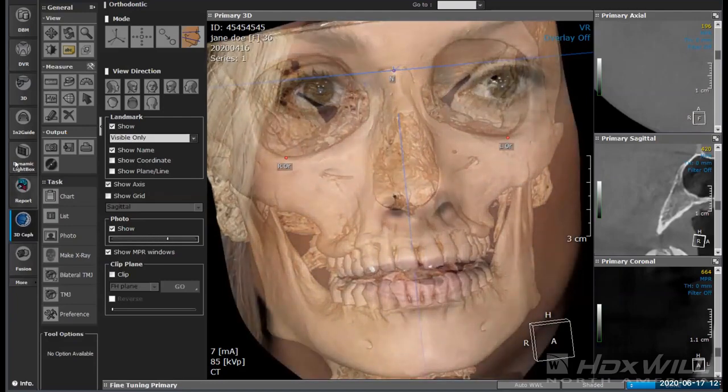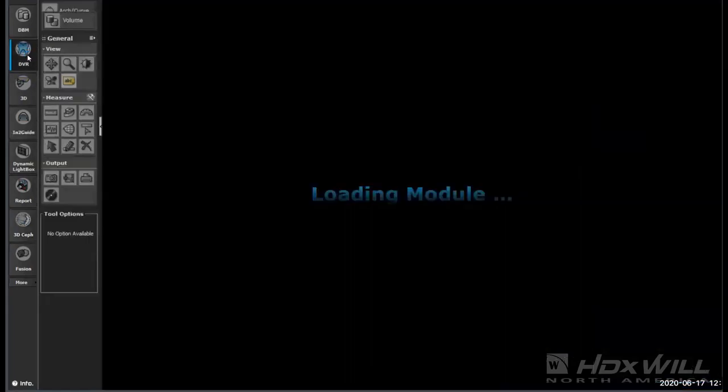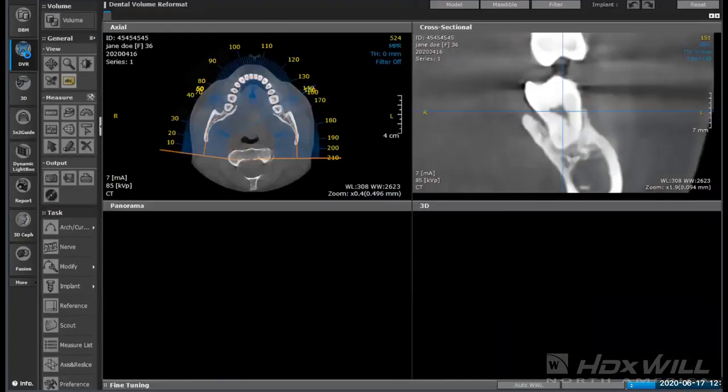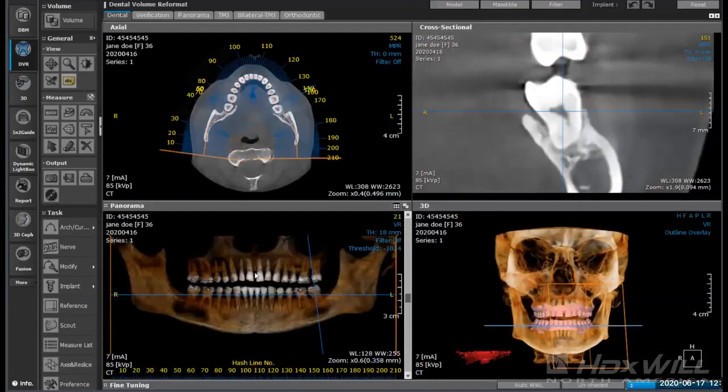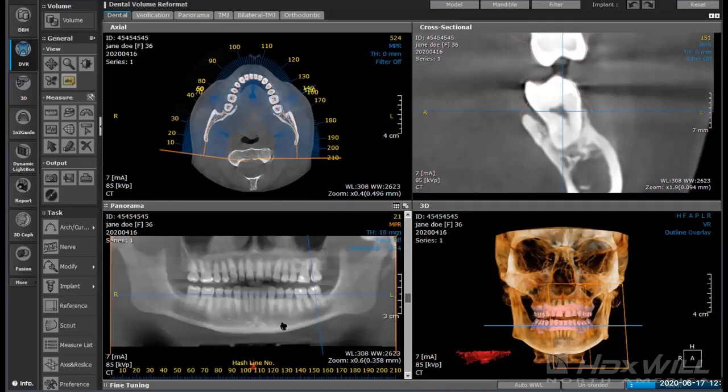So now coming back, we're going to go back over to our DVR mode. In our DVR mode, all I did in this case was change the view. So in case we want to go back to what we were used to seeing, I turned it back into MPR so we can see that. And this is the panel that was created just in that arch curve, like we've already done in the show so far. But then you can see over on this image, and I'll blow this up so we can see it,